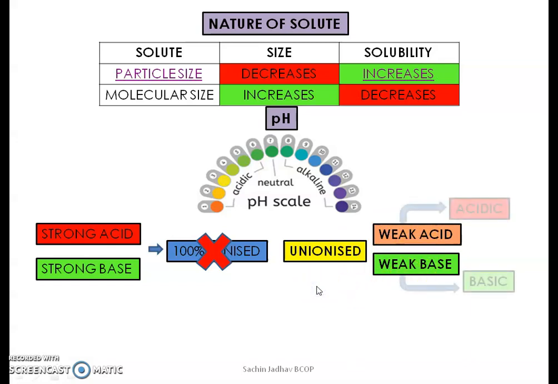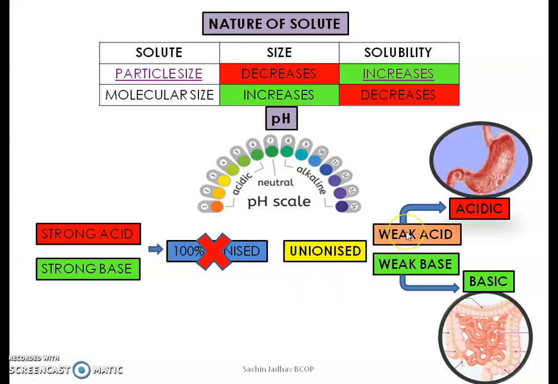What is the peculiarity of weak acids and weak bases? A weak acid gets solubilized in acidic medium and a weak base gets solubilized in basic medium. So what can we do with this information? We can administer weak acids to an acidic environment and weak bases to a basic environment by formulating a dosage form and transferring it to the particular environment. For example, a weak acid will be absorbed very readily in the stomach and weak bases will be readily absorbed in the intestine. Accordingly we can target or formulate the dosage form so that we get good absorption of the drug in unionized form.